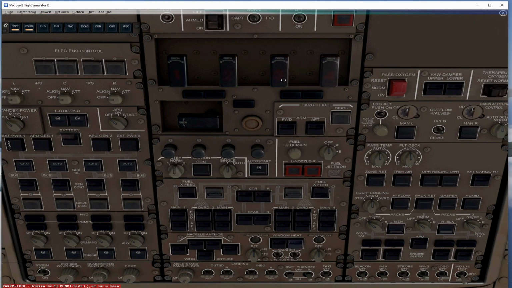Well, this is the overhead panel. Even if the airplane was already built a couple of years ago, I think it's quite structured. You have the engine control up there, which you barely use in daily operation, the inertial reference system, so-called IRS, for the navigation systems. Then basically you have here all the electronics, utility buses, standby power, APU switch, battery, all the generators, bus tie